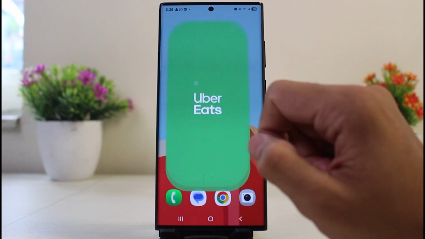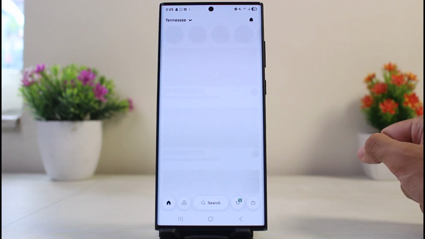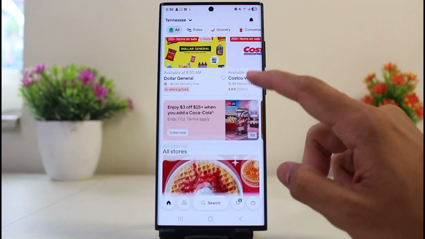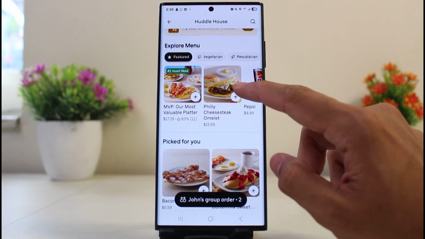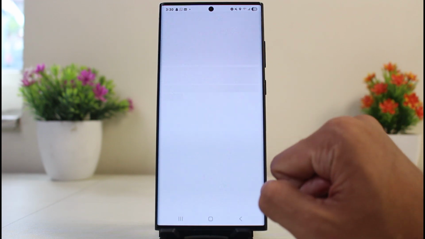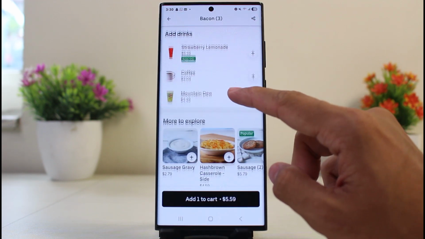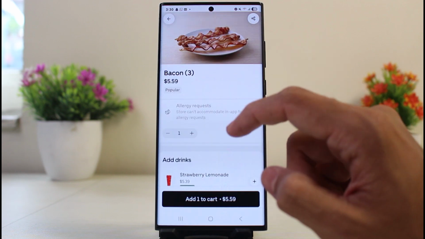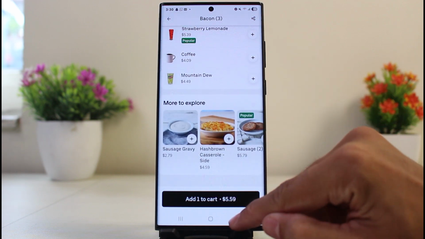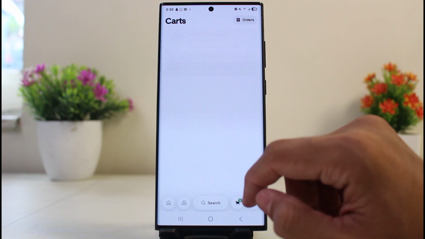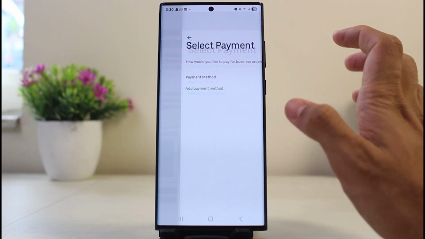First, you want to simply open the Uber Eats application. After that, you want to simply open a restaurant over here, and once you're inside the restaurant, you want to simply tap on the item that you want to order. After that, what you can do is simply add your item to the cart, and once you go to your cart over here, you want to simply open your order, and inside